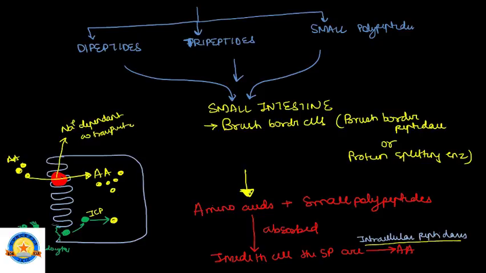dipeptides, tripeptides, small polypeptides, and in the small intestine, they are taken by the brush border cells. As the brush border cells produce protein splitting enzymes, it is divided into amino acids and small polypeptides. Amino acids are absorbed by sodium dependent co-transporter in the brush border cell. This is the brush border cell,